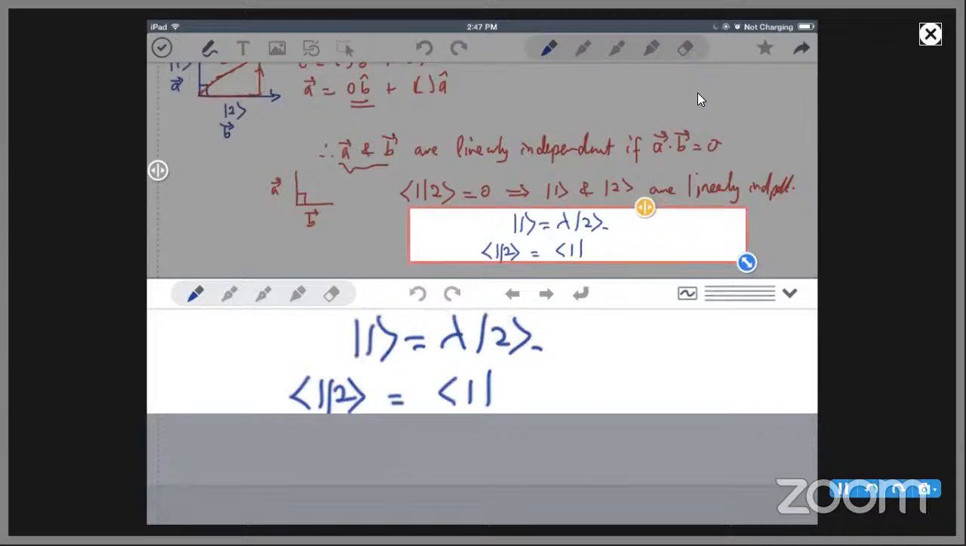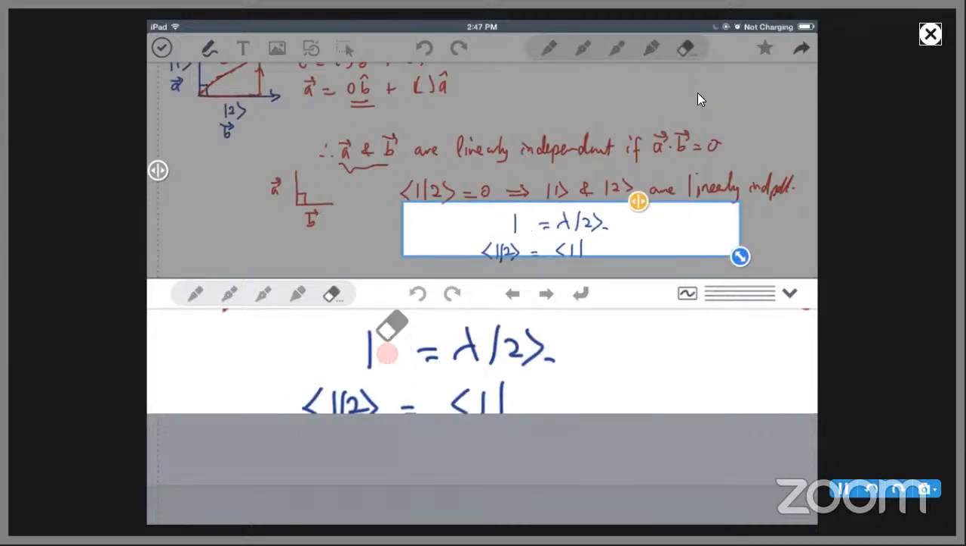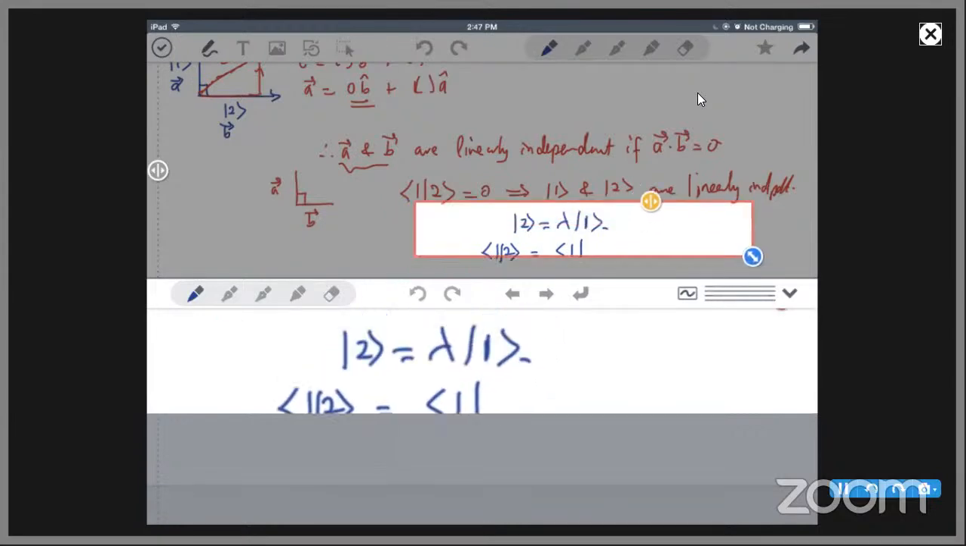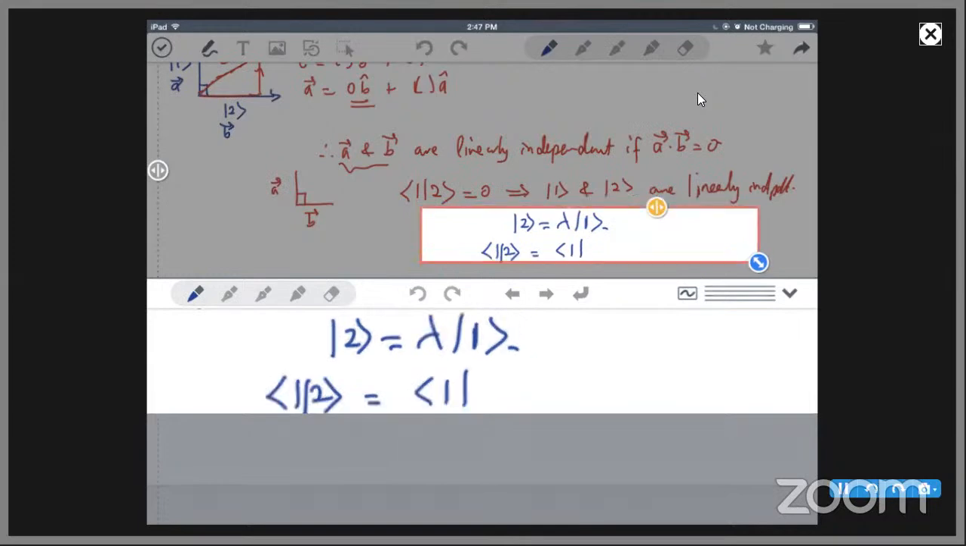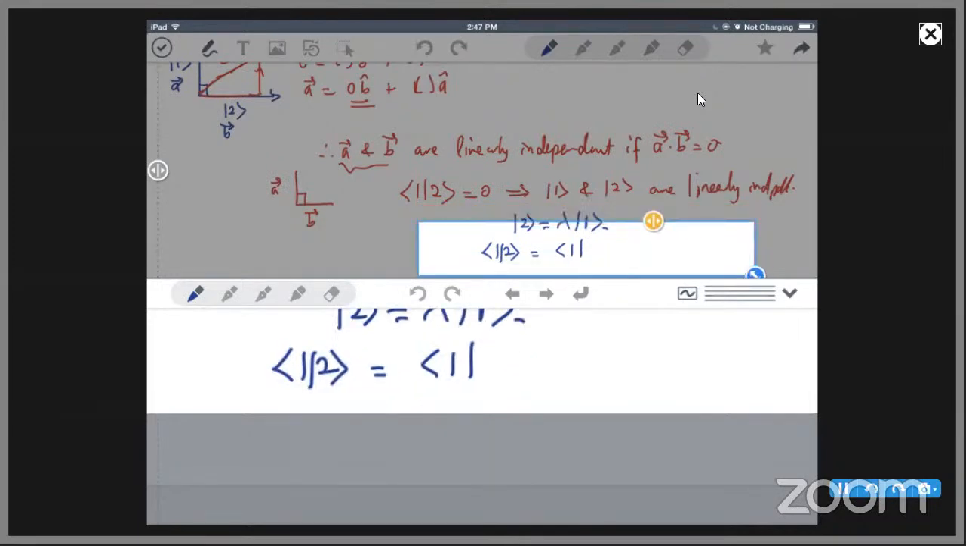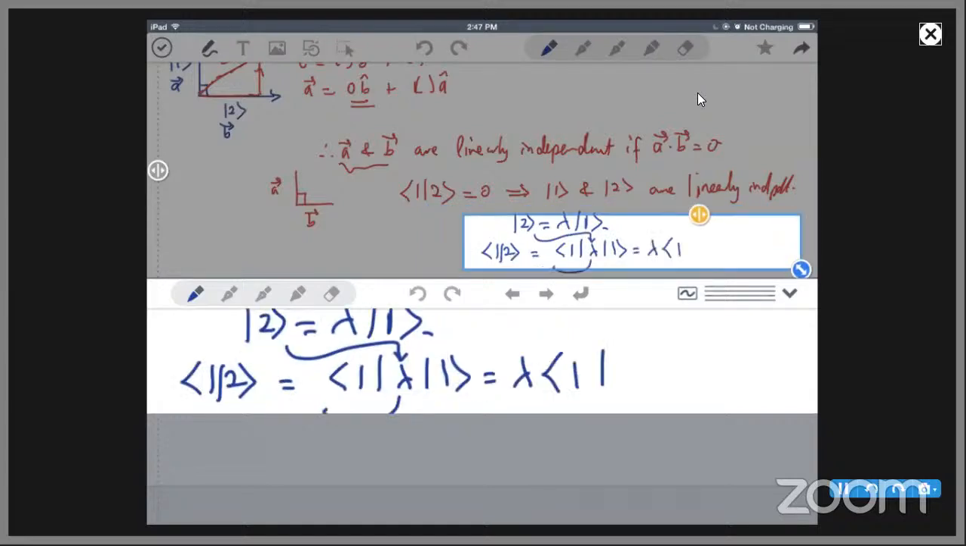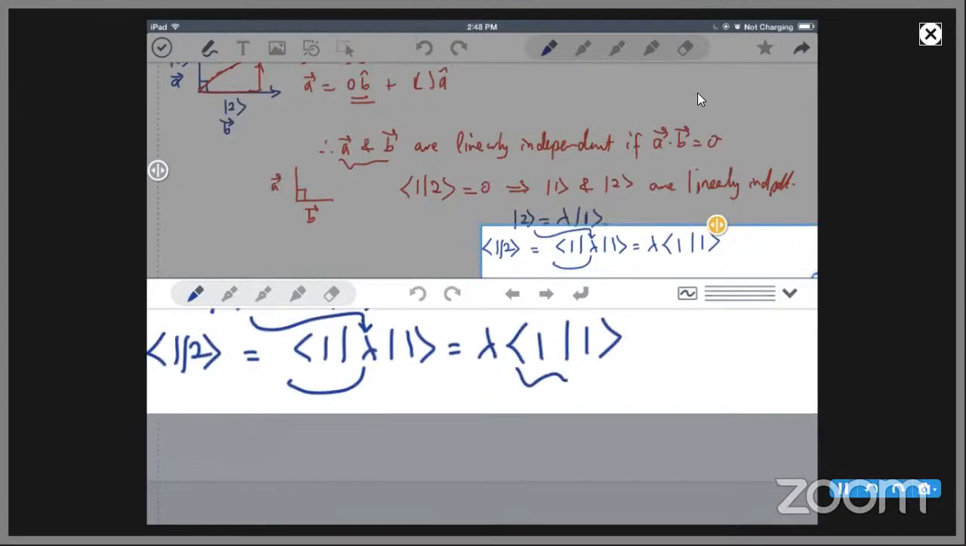Sorry, let's do this. What I was doing will work, but I don't want to. Okay. So let's say 2 is a constant times 1. Okay. Then 1, 2 will be 1. And then instead of 2 here, I'll put lambda times 1. Okay. The lambda is lambda 1, 1. Okay. So you see, this 1, 1,